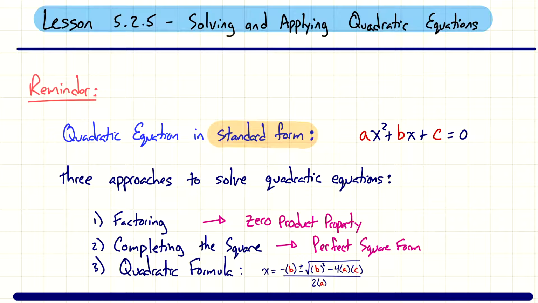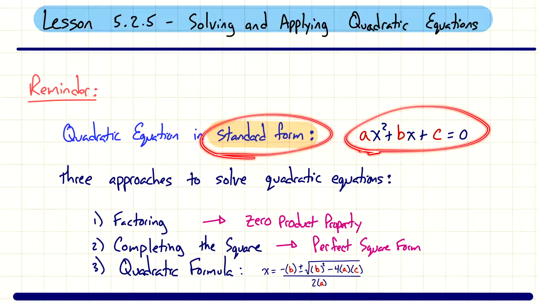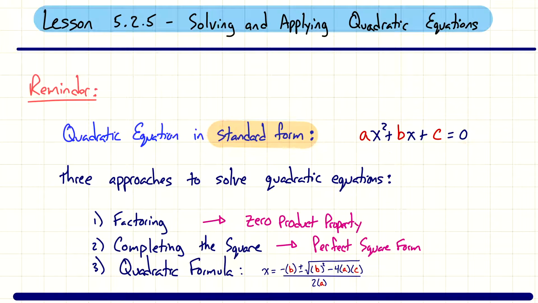So some reminders of what you should already know. Our standard form, like I've mentioned before, making sure you understand what a quadratic equation looks like. Make sure you understand what the A, B, and C represent and how to find those in an equation. And then knowing that this is a quadratic equation because it's also set equal to 0. All right, so if we have an equation given to us in this form,